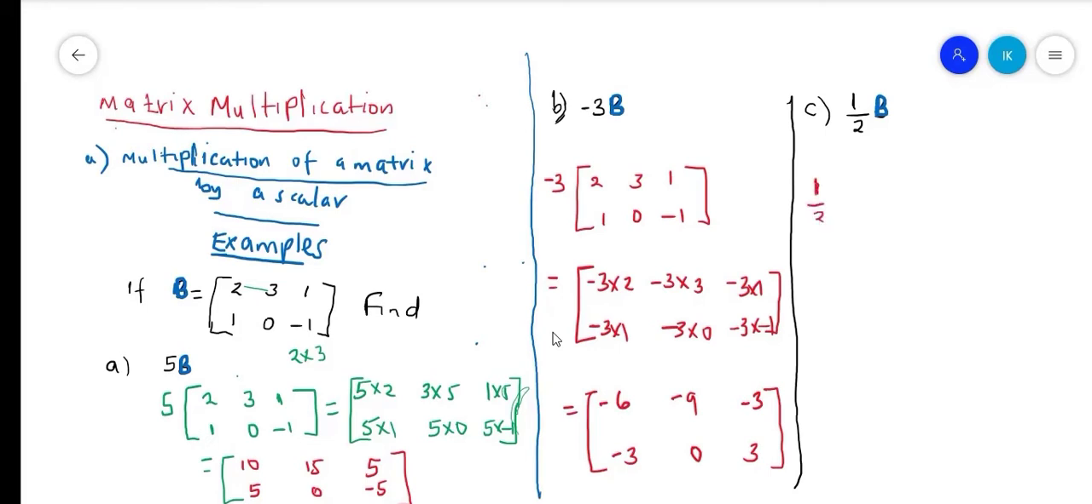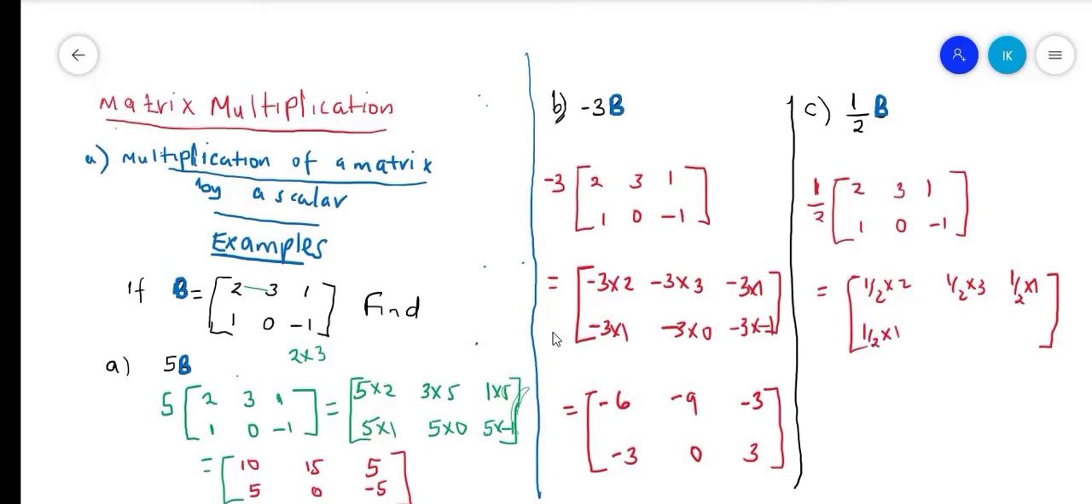A half, we substitute with B. The value of B is 2 3 1, 1 0 negative 1. So multiply each and every element by a half. We get a half multiplied by 2, a half multiplied by 3, a half multiplied by 1, and in the second row, a half multiplied by 1 again, a half multiplied by 0, and finally a half multiplied by negative 1. A half of 2 will be 1, a half multiplied by 3 is the same as 3 over 2,